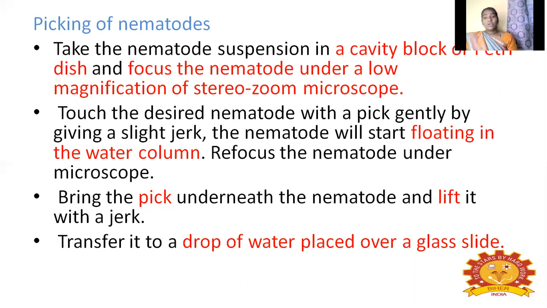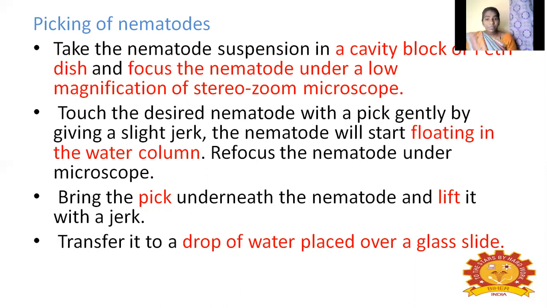After that, we are going to identify what kind of nematode it is. Nematodes are normally of different types. It may be a vermiform nematode or a cyst nematode or other types. Based upon their structure we can identify them. But sometimes, all male nematodes will be vermiform. In that case we identify based upon their host or their esophagus.